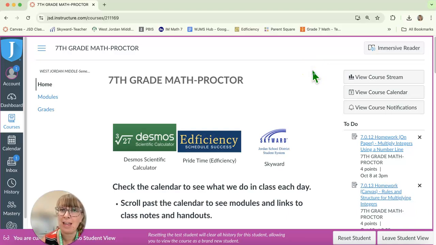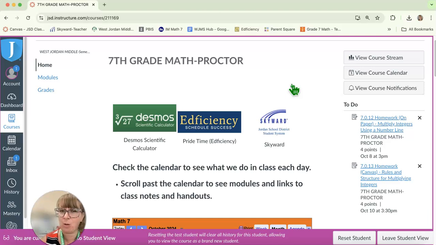This is a quick tour of Canvas in math class. We're going to start on the home page. On the home page, you're going to notice that there are several quick links that are very helpful, including a Desmos scientific calculator, a completely free calculator that you'll find very helpful to do homework at home,